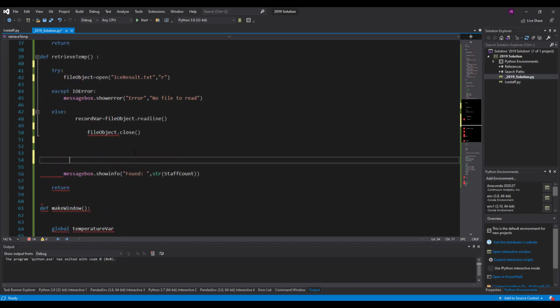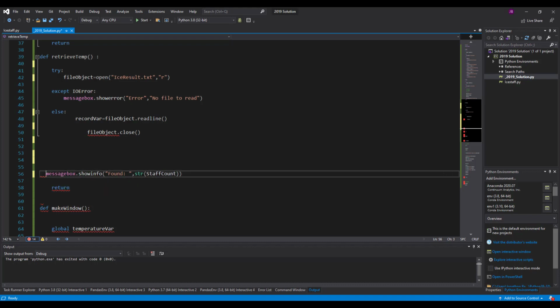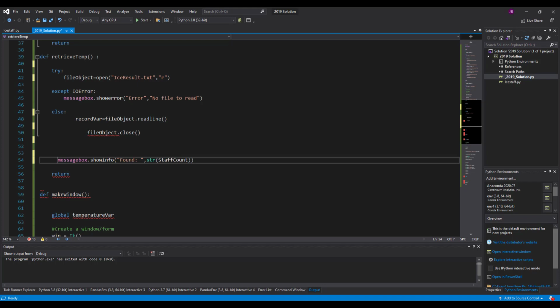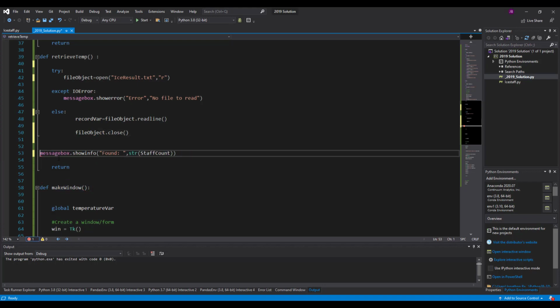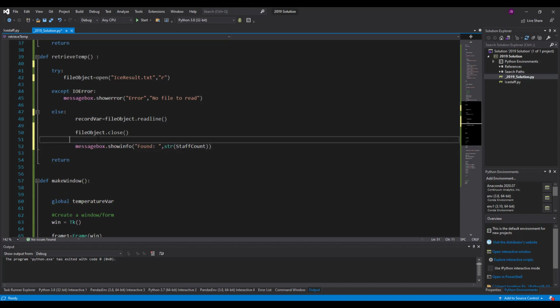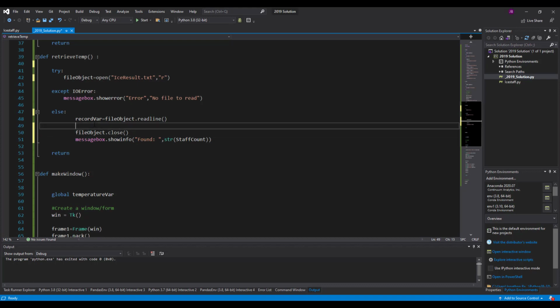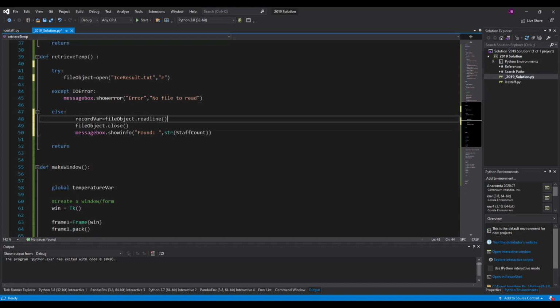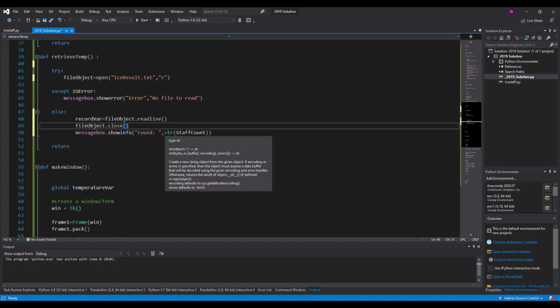Don't need any of that. Keep the return there. Don't like that because it's not indented properly. Okay. Leave their variable name. So record var is given the value of file object.readLine. So it's going to read the single line from the text file. It's going to close the file, and then all I need to say is